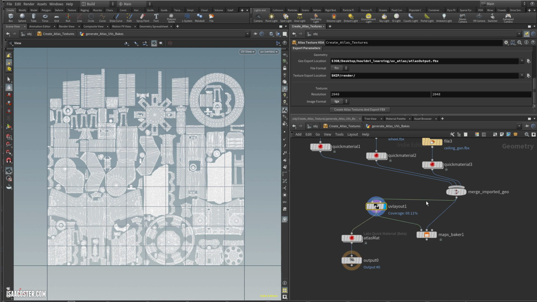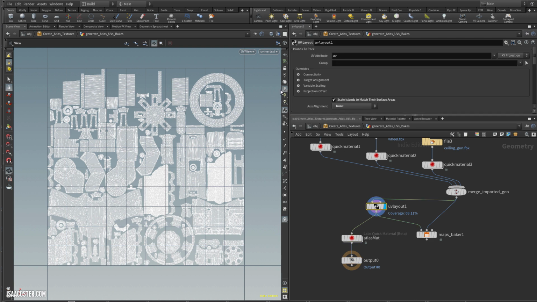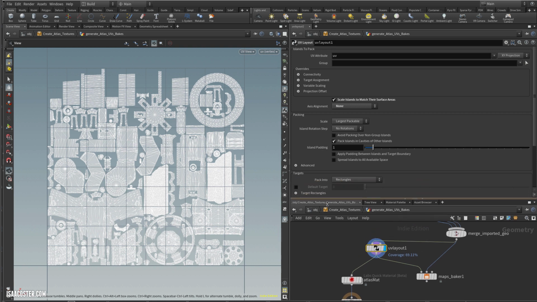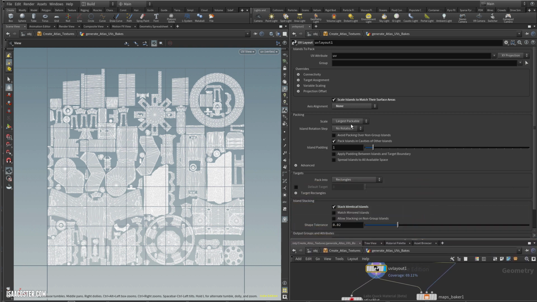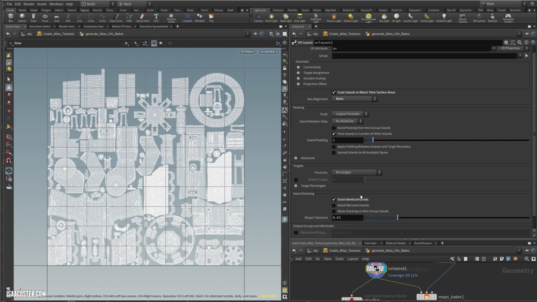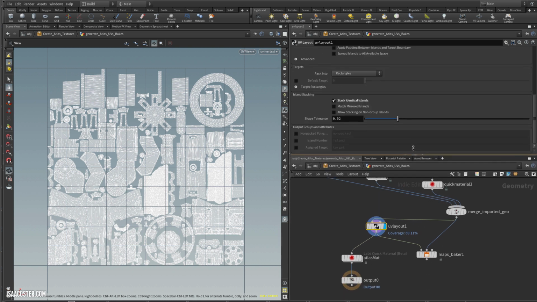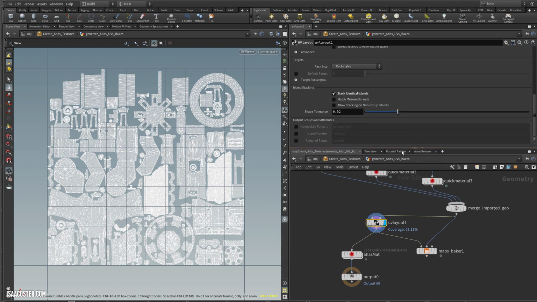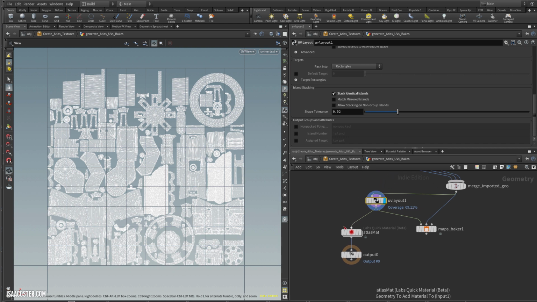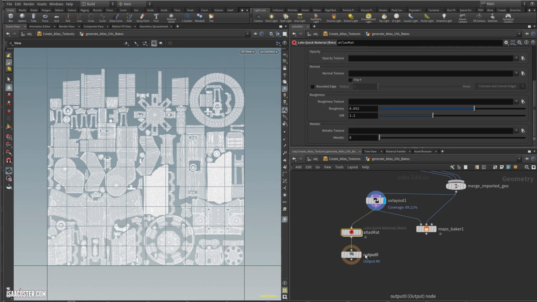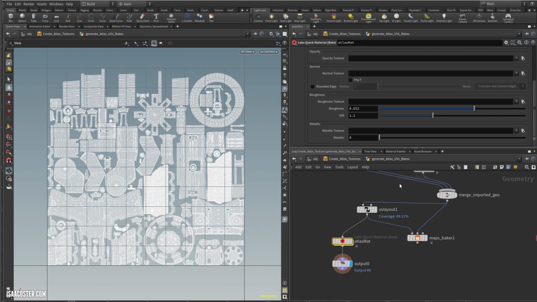A few of the options here. Let me go ahead and unpin the HDA. All of the stuff you can expose to the user if you want, but I wanted to avoid rotations because that'll bust the normal map behavior. And then stacking identical islands. One of my assets has a lot of these pieces. The wheel here has a lot of sections that are all stacked up, so I wanted to make sure that was preserved. Again, you can expose this if you want. I didn't think it was necessary to bloat the UI too much, but it's certainly not that big of a deal. And then we have a new Atlas material,